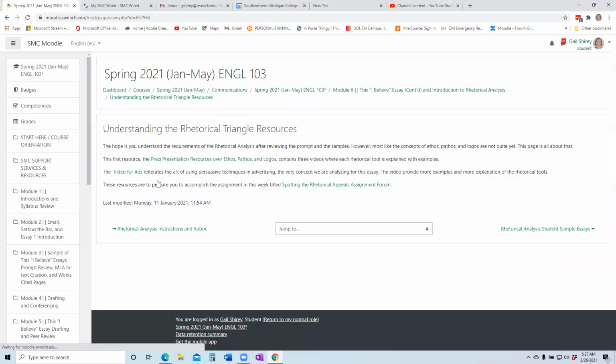The second set of resources is really focused on this module, which is understanding rhetorical triangle resources. And we're going to be focusing on ethos, pathos, and logos. So there are resources here that are meant to help you understand what are they, how do they work, what are elements you can use to identify them within items. So the first one is a